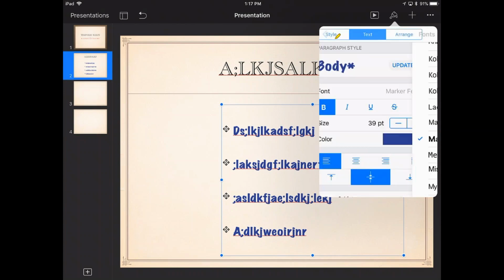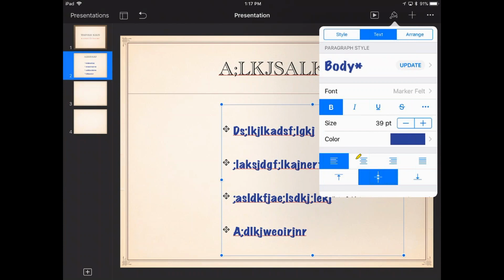Besides the text, you can left justify, center justify, right justify, or full justify the text within the text box. Also, we can take the text and either put it closer towards the top, the bottom, or about the middle. Okay, so that's what you're going to basically do with formatting. Now, besides formatting,